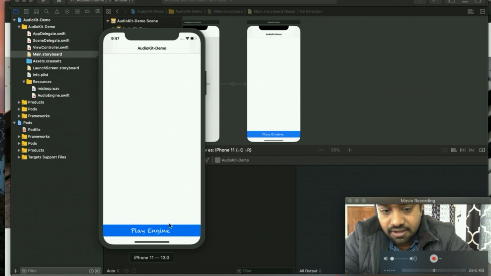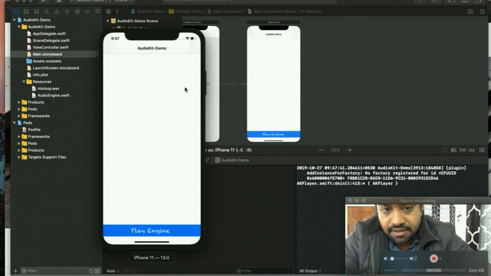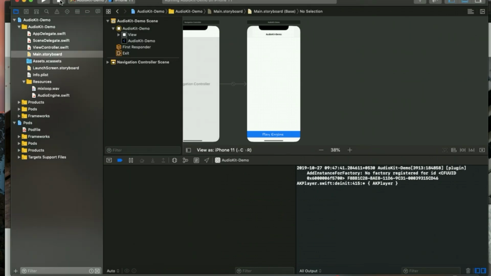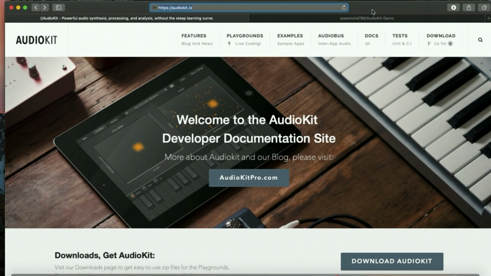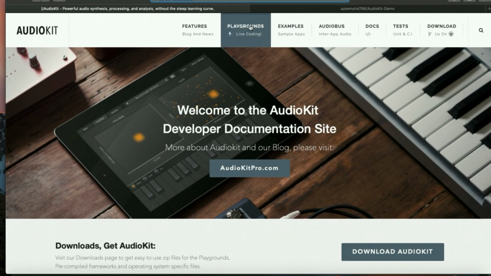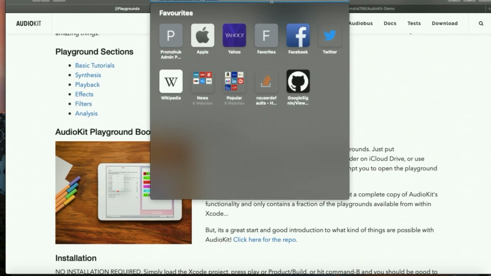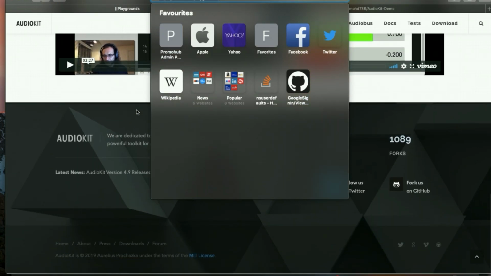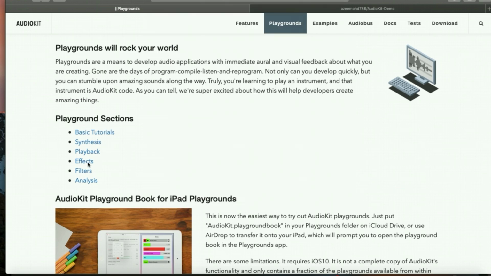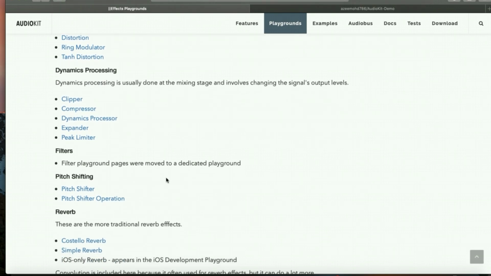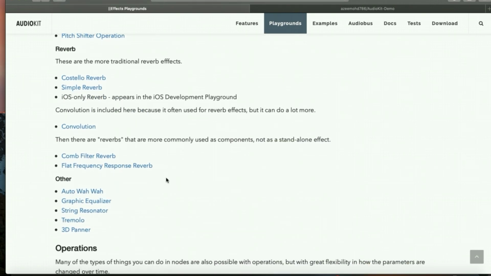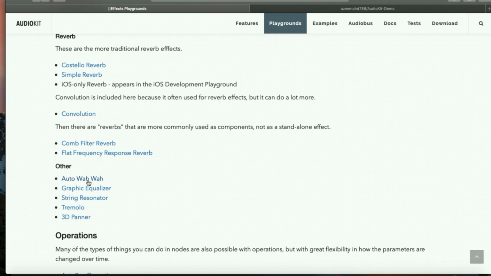In my previous part, I showed how we can play audio using the AudioKit engine, and this is the second part. I would like to add a few effects into our iOS app. In the playgrounds, this is the audio URL, as you can see here. So I'm clicking here on Effect, and if you scroll down, you can see Auto Pan,